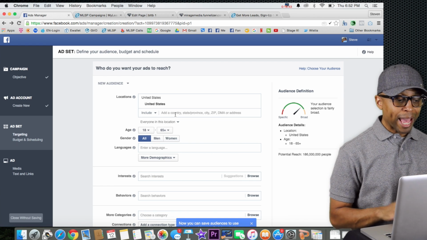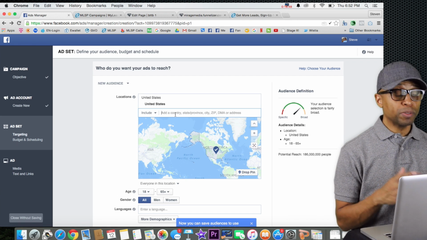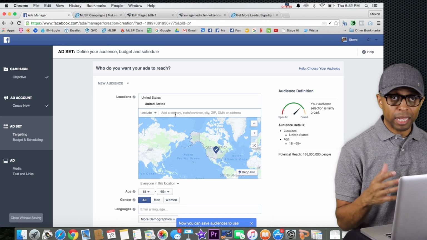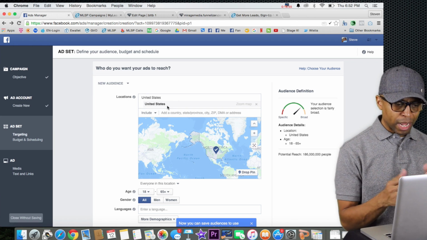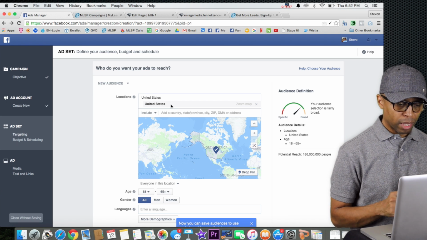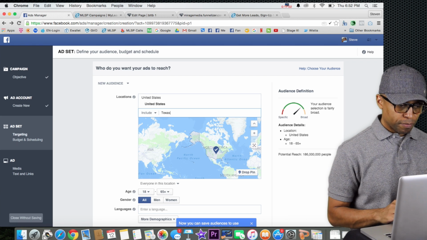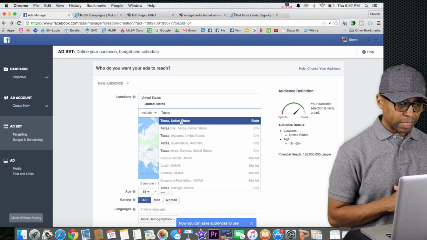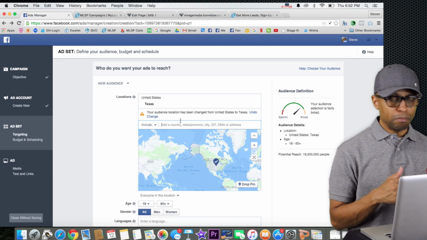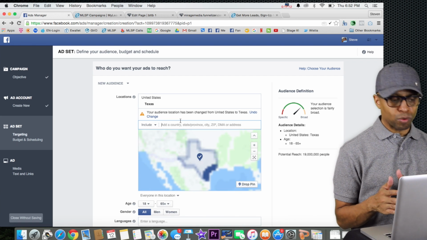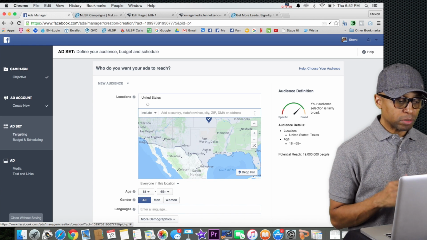Well, you can actually choose the actual zip code of people that live in your particular area, your particular city, your particular state. You can just put that information here, guys, and it makes a huge difference. But in this case, I'm just going to put United States. But if you live in Texas, you can put Texas, United States. I can put that information there, and I can even home it all the way down to a zip code. Really cool stuff that Facebook allows you to do